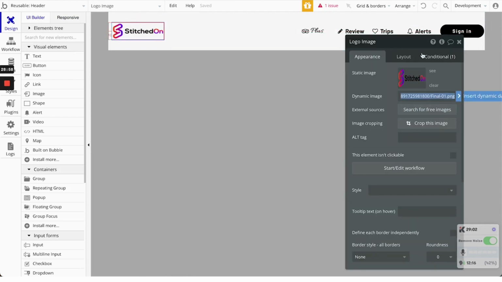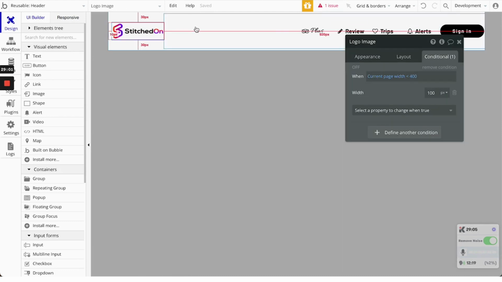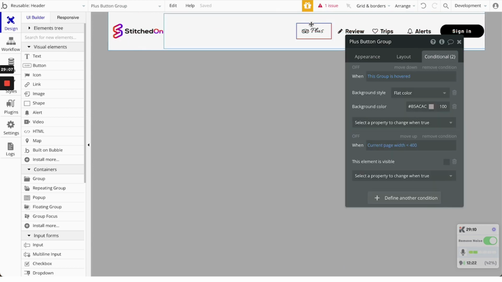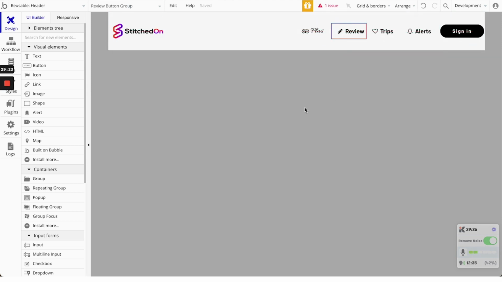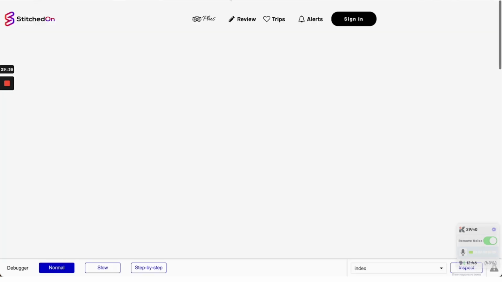Hopefully you just learned the basics, how to use conditional statements, how to build a header, how to collapse different buttons or groups. In this case, how to do some workflows to use reusable elements within reusable elements. And lastly, how to use parameters to go from one page to the other and display certain elements based on the different parameters that you just set. And this is it for today. This is the final product. As you can see here,